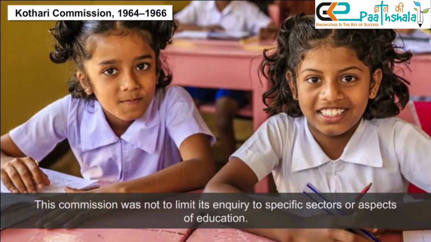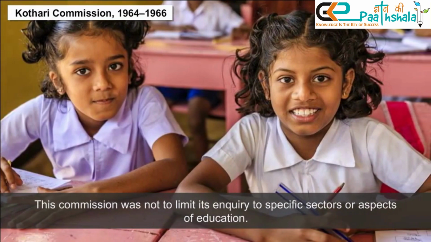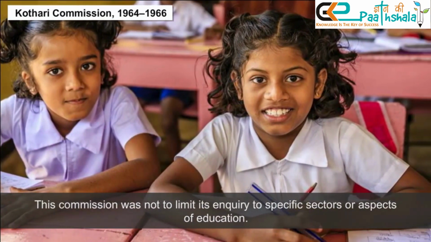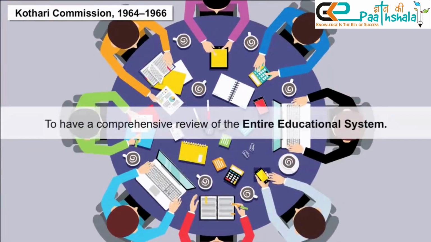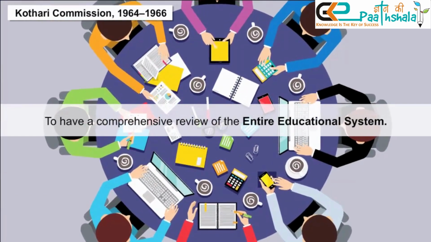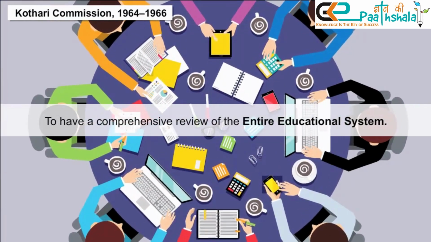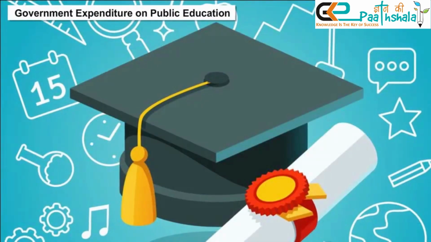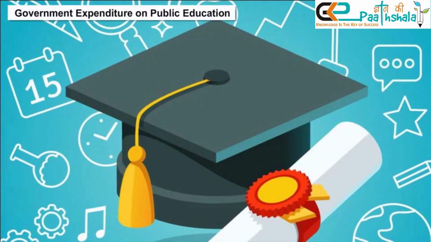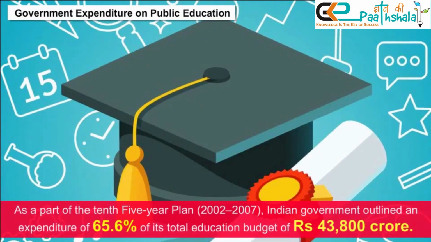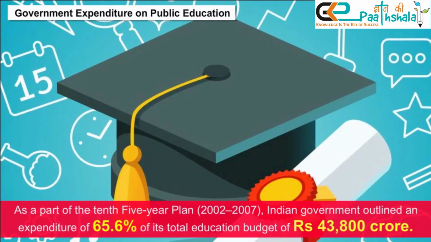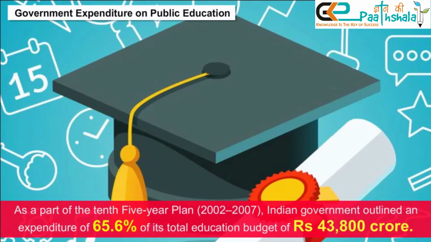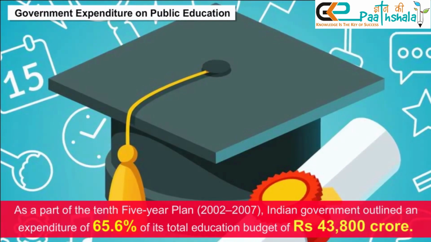This commission was not to limit its inquiry to specific sectors or aspects of education, but to have a comprehensive review of the entire educational system. Government expenditure on public education. As a part of the 10th 5-year plan, 2002 to 2007, the Indian government outlined an expenditure of